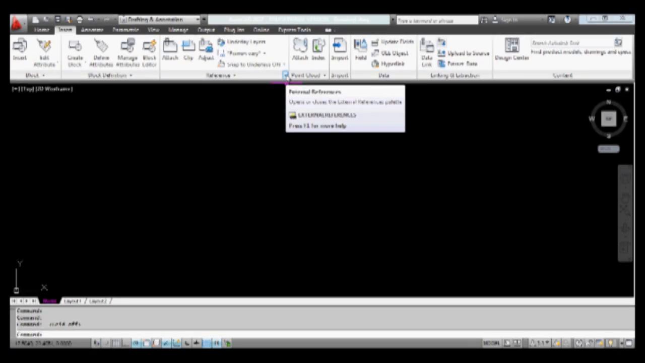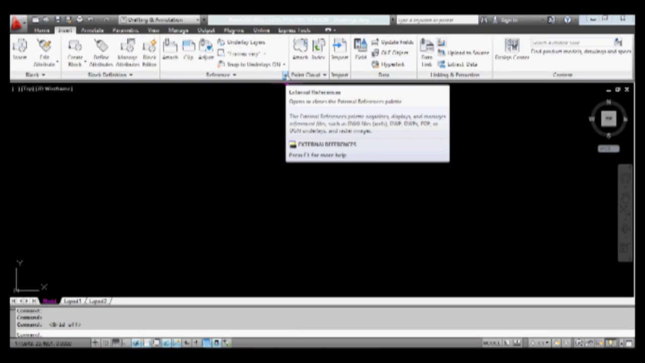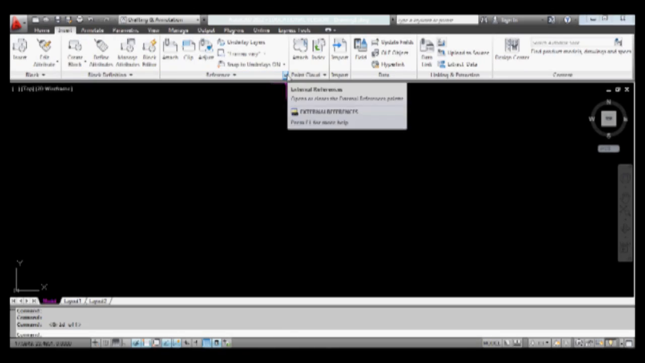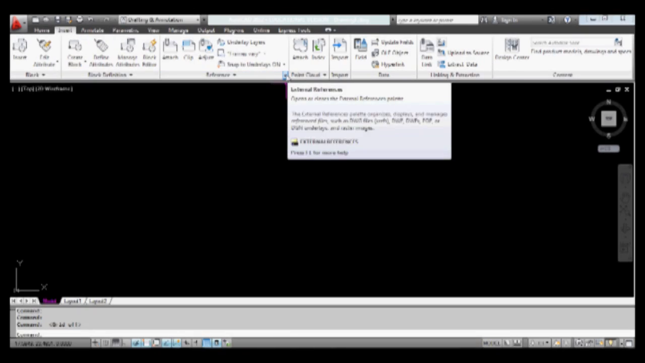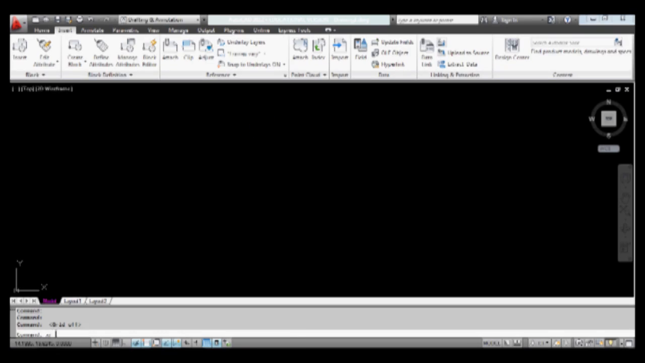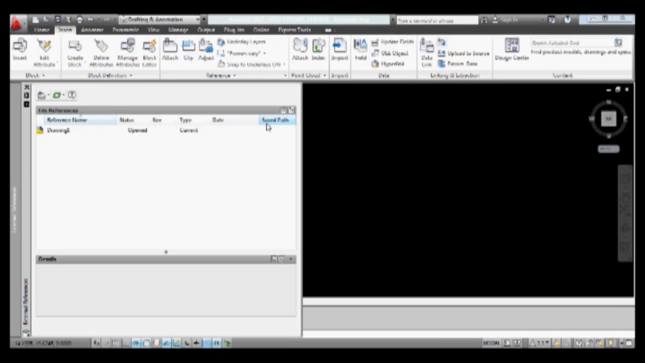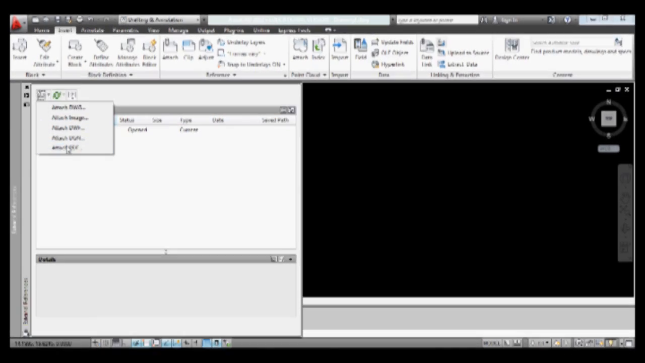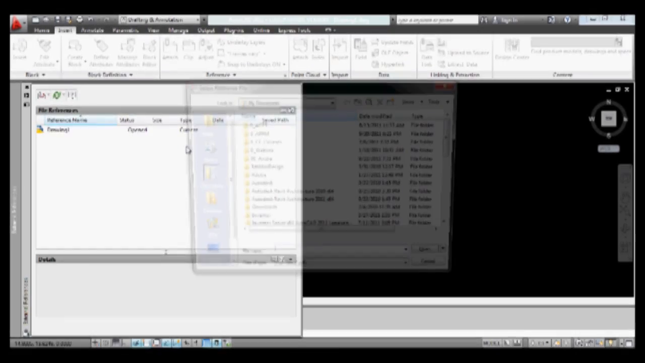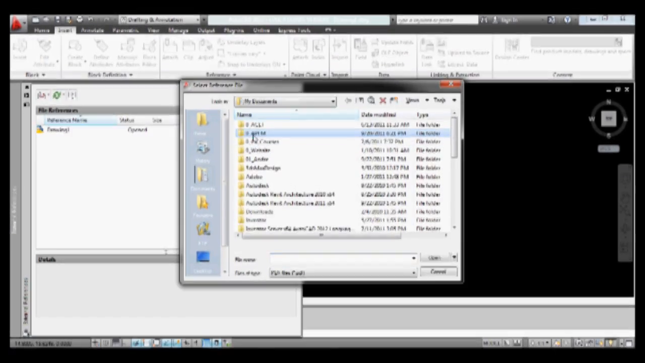The first thing is we do want to use the external reference manager. You can select it by using the Insert tab here and clicking on this little arrow, or you can type in XR and press enter. That brings up the XREF manager, and the first thing we need to do is attach the PDF for our floor plan. So we're going to go and create a PDF version of the